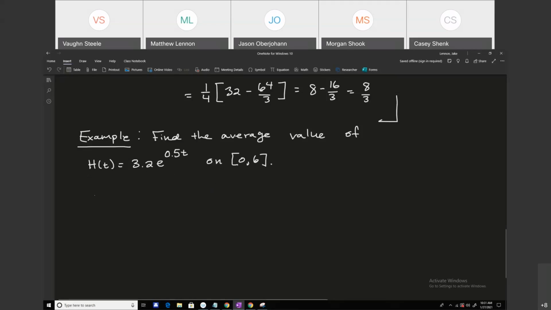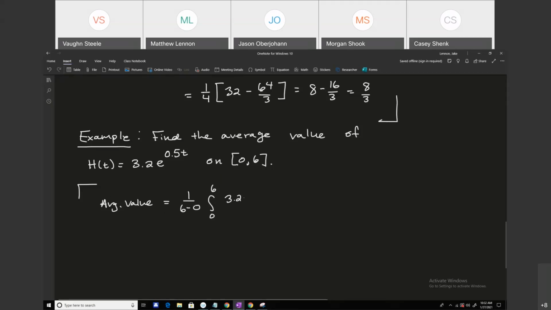Well, so again, we're not doing anything too interesting. We're just multiplying the integral by a fraction, but we're getting some practice with integration still, since it's still relatively new. So here, the average value is going to be 1 over 6 minus 0 times the integral from 0 to 6 of